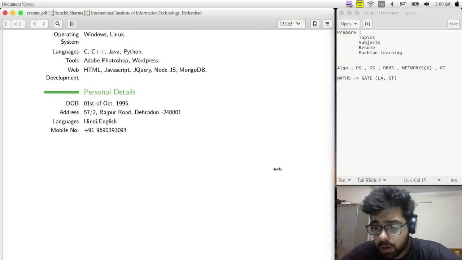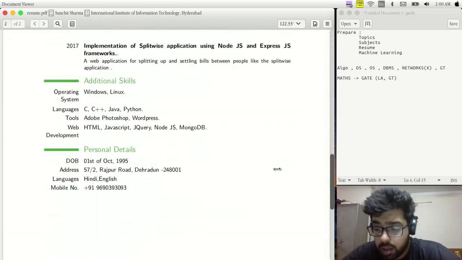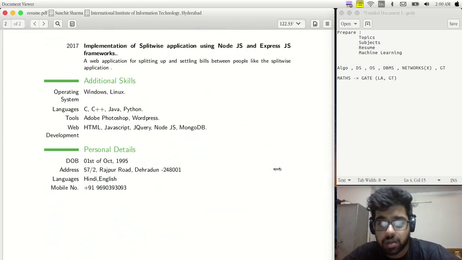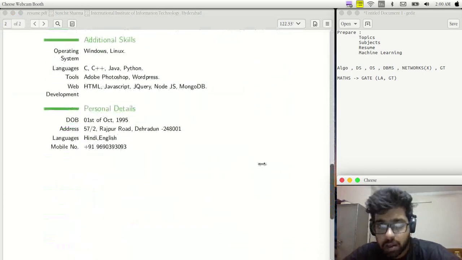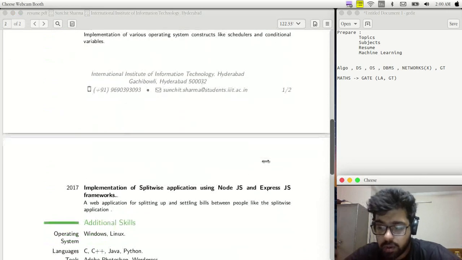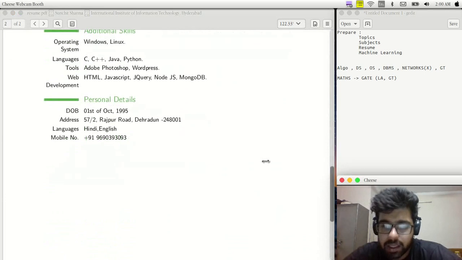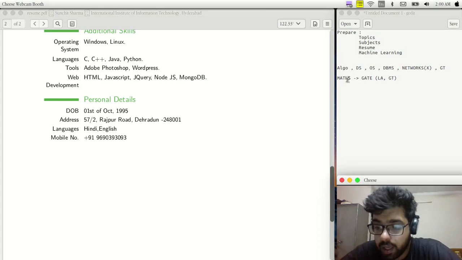Two or three people mention LaTeX in their resume. If you are mentioning LaTeX in the resume, it's a good habit to make the resume in LaTeX, because LaTeX resumes really shine out. This resume is made in LaTeX, so they fundamentally look very good, and these people realize whether it's made in LaTeX or not. So if you have mentioned LaTeX in your resume, make your resume in LaTeX. That is just advice, after whatever I have mentioned.